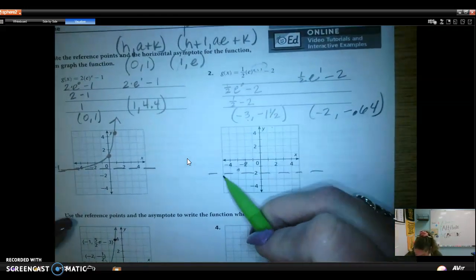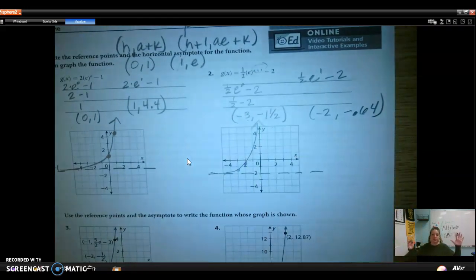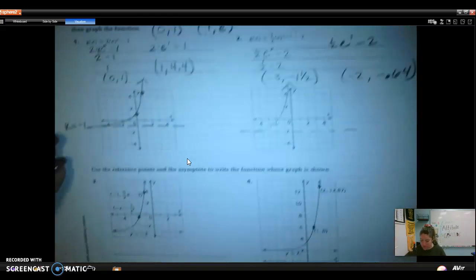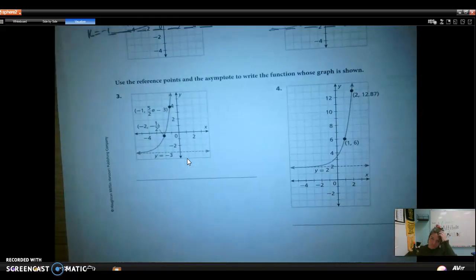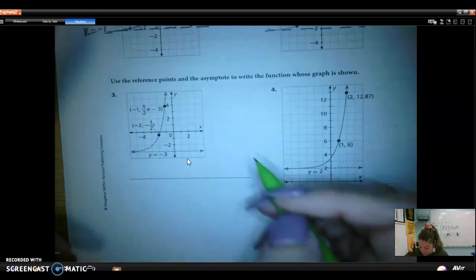I mean, you're eyeballing it on the graph. Don't go past the asymptote. Put a little swoopy thing. Done. Okay? Number three. All right, when you go to write equations, okay, your equation is